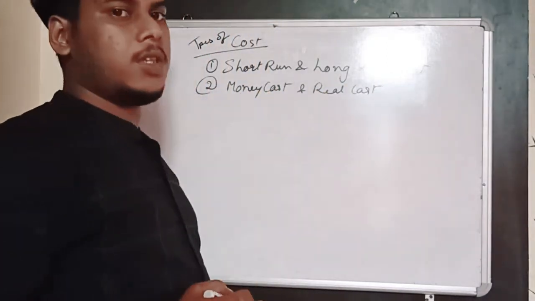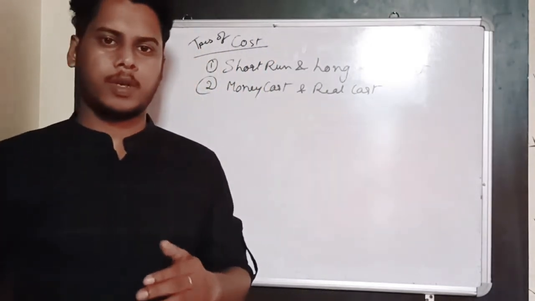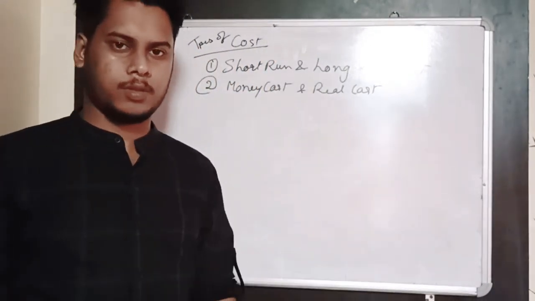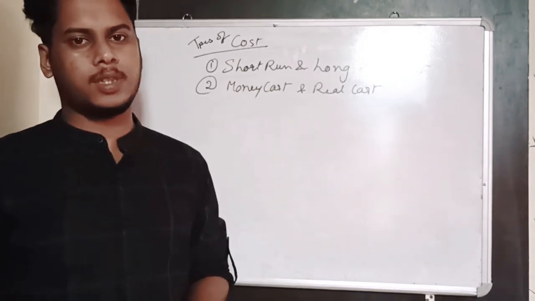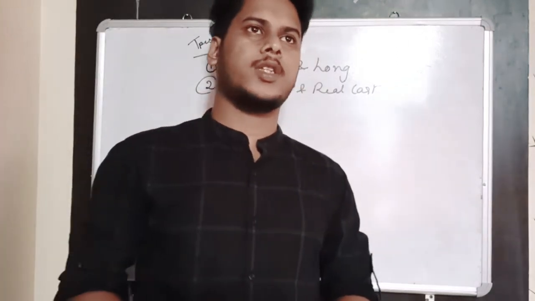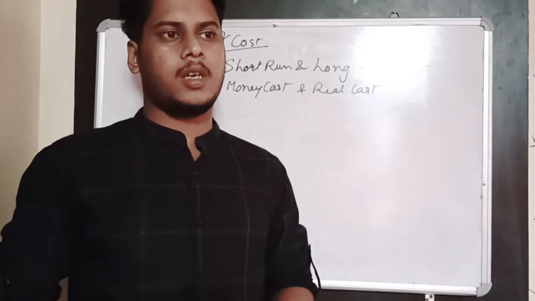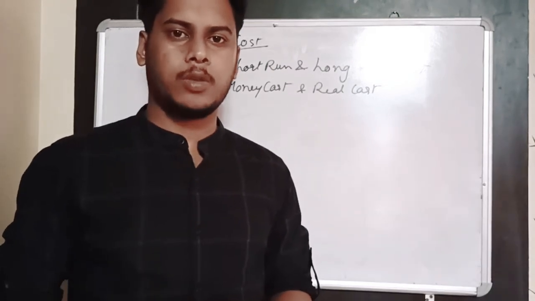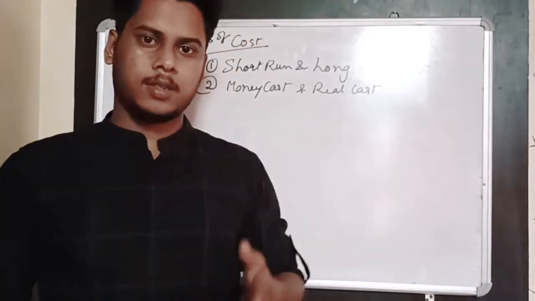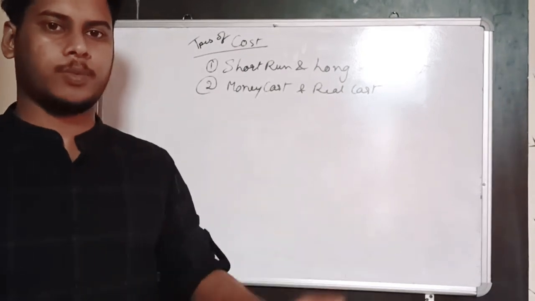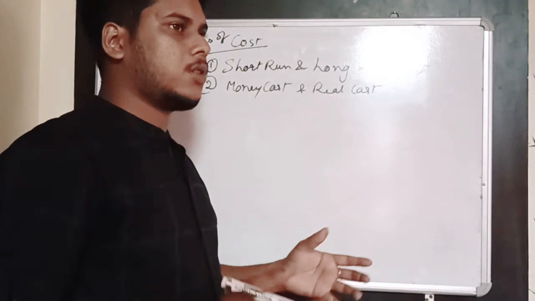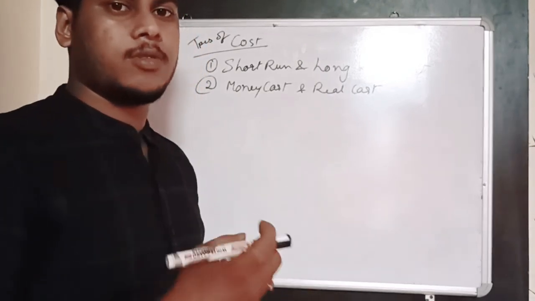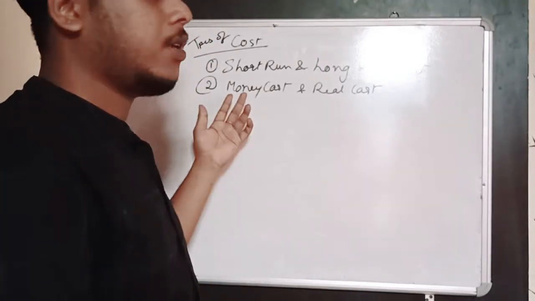Money cost basically expresses the cost of production in monetary terms. Whenever we express the cost of production in monetary terms, it is basically the money cost. Say if we say the cost of producing a unit of a commodity is 20 rupees, then this is the money cost. Say for producing X we need 20 rupees, so this is the money cost. Okay, so just express the production cost in terms of money or in monetary terms, it will be money cost.